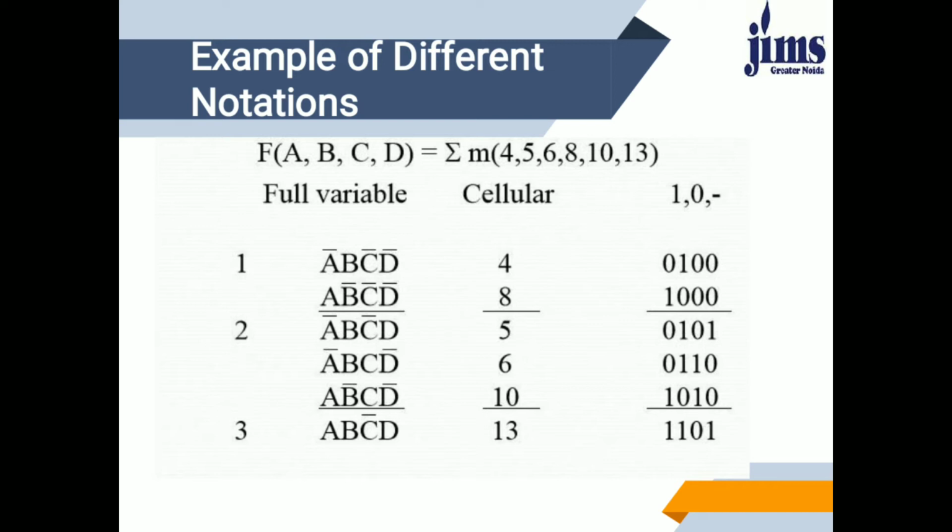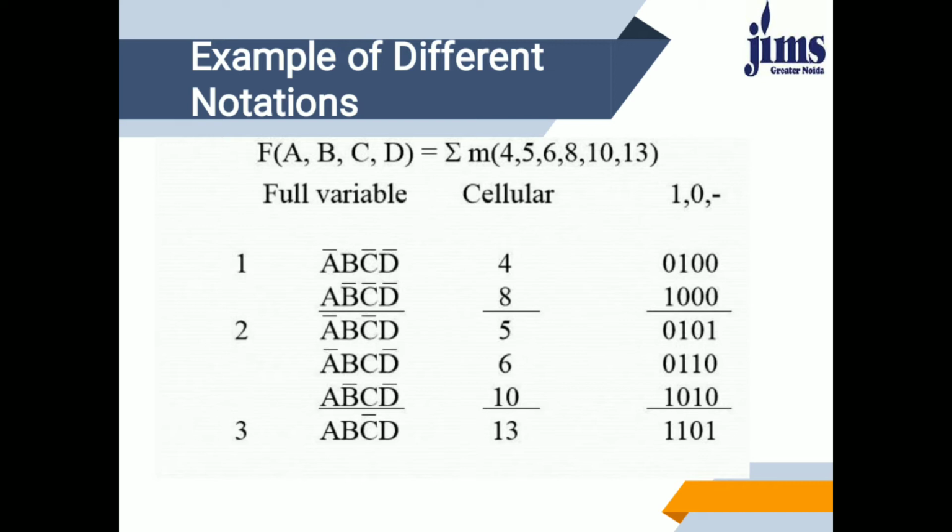So, they are falling in 2 groups. We will segregate these terms according to the number of ones. Means, first we will write 0 number of ones, then we will represent the terms having a single one, then 2 ones, then 3 and so on. So, accordingly, we will make a table.